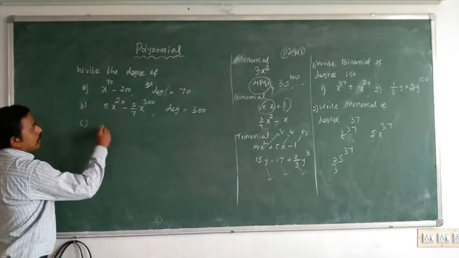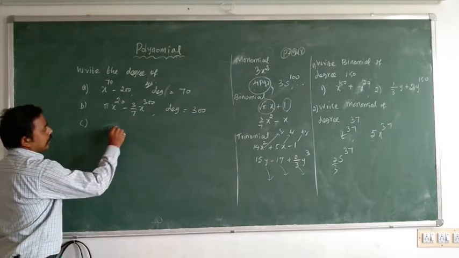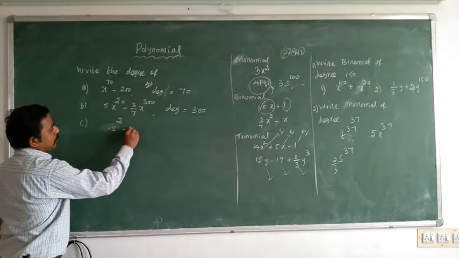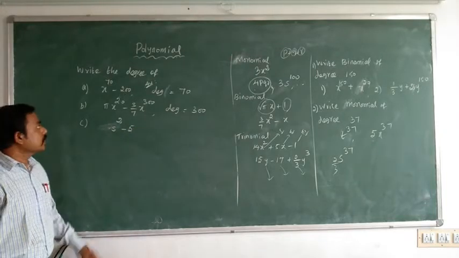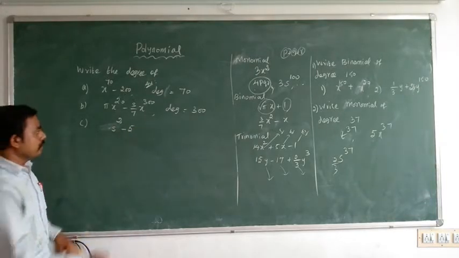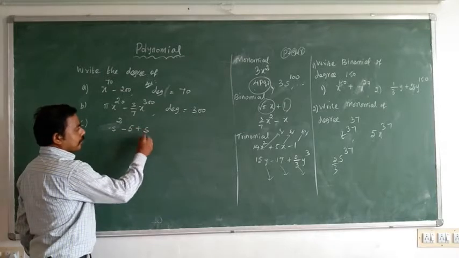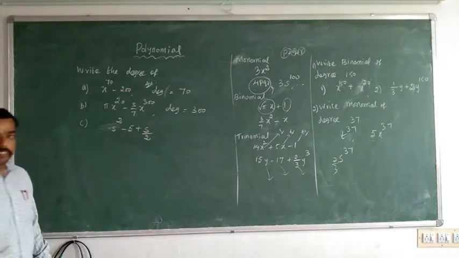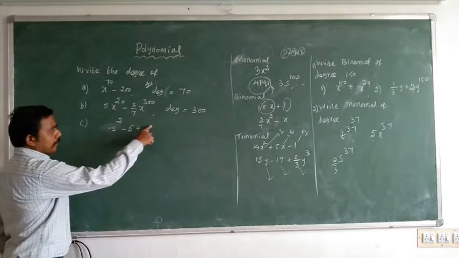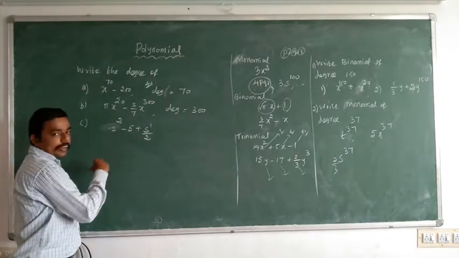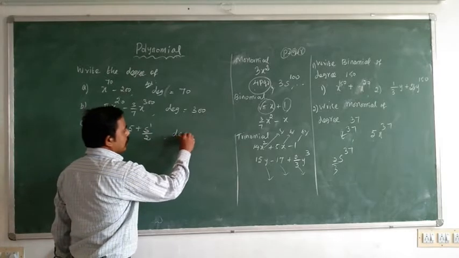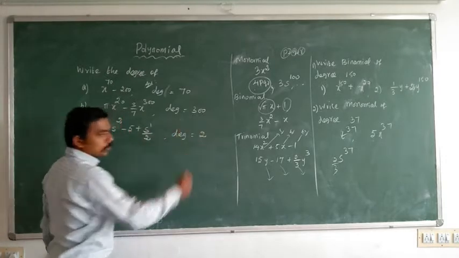Suppose x power 2 minus 5, that's all. x squared is given, minus 5. Something is given by 2. Don't worry about the fraction. Now x power 1 means we have 1 and x squared, so that is degree 2.